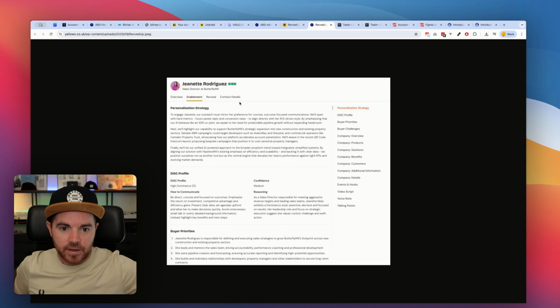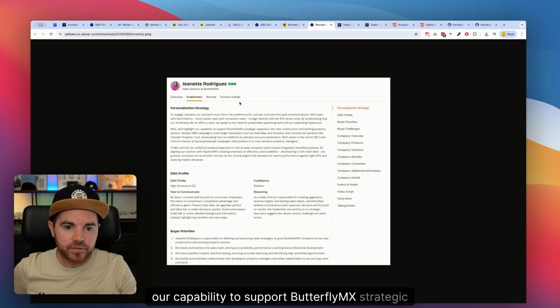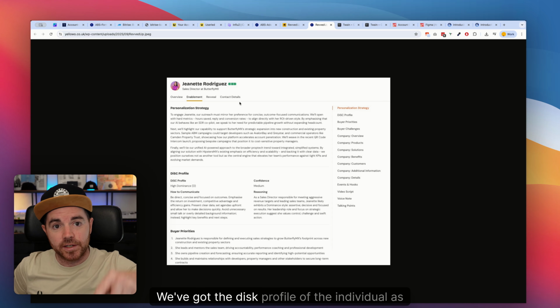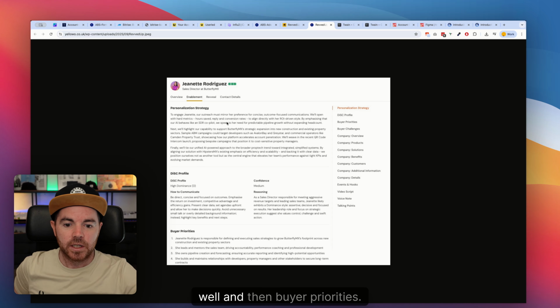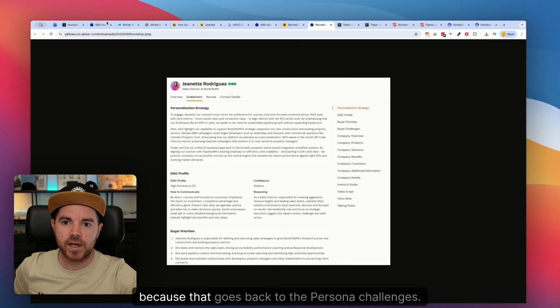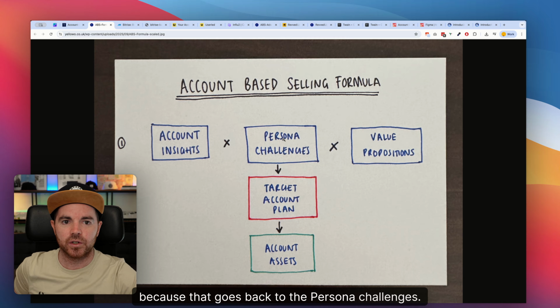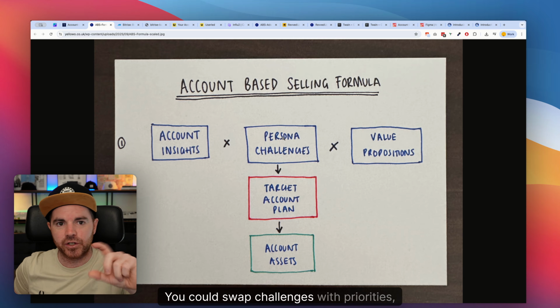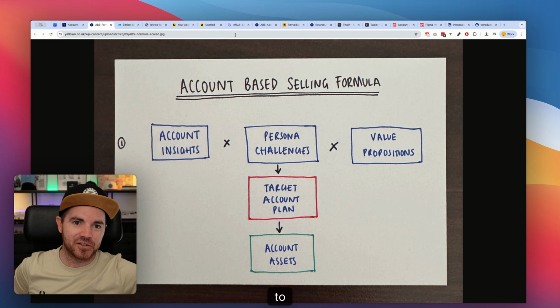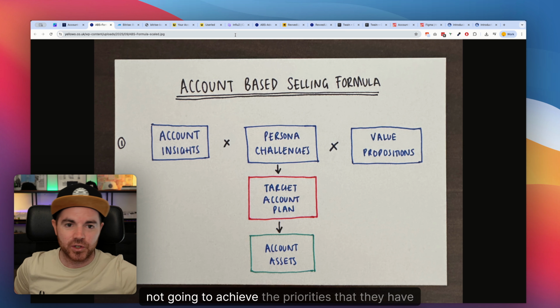Next, we'll highlight our capability to support Butterfly MX strategic expansion. So again, it goes into more detail. We've got the DISC profile of the individual as well, and then buyer priorities. I really like to focus on the buyer priorities because that goes back to the persona challenges. You could swap challenges with priorities, or the challenges are worries that they're not going to achieve the priorities that they